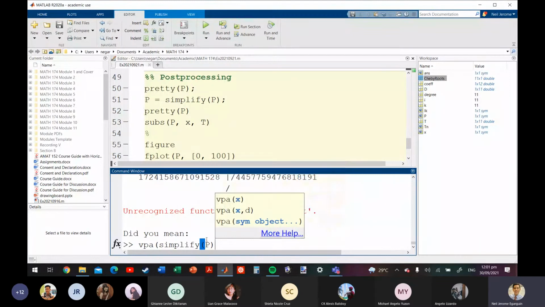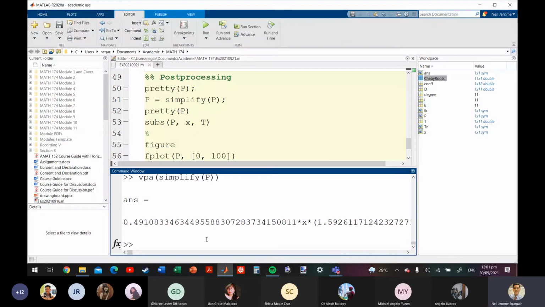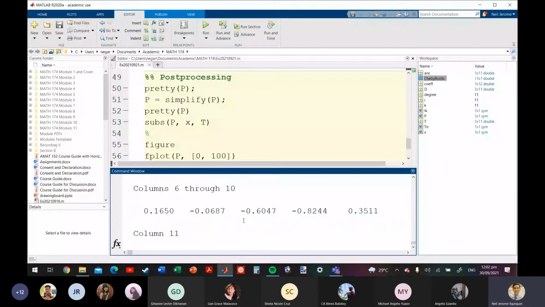Now, if you want to find the coefficients and compare it to the one in the notes, pwedeng gawin natin na I can compute for the coefficient, sym to poly, no answer, which is the VPA symbol for P, or you just say sym to poly ni P. Kukompute niya yung coefficients.